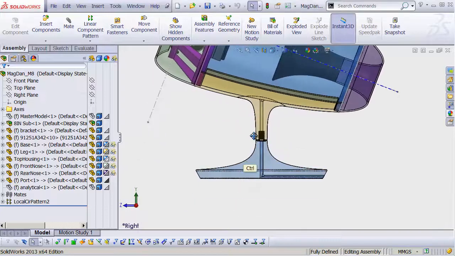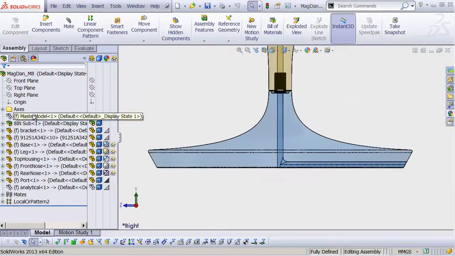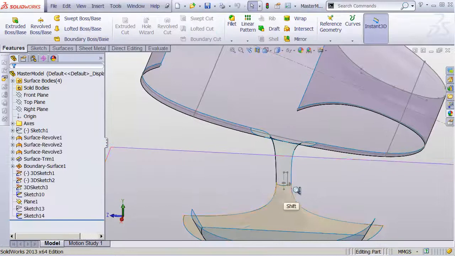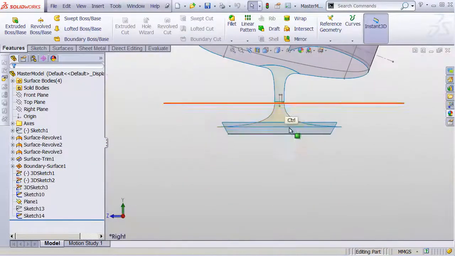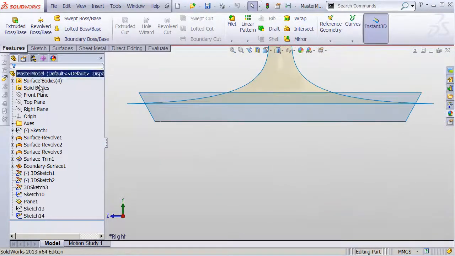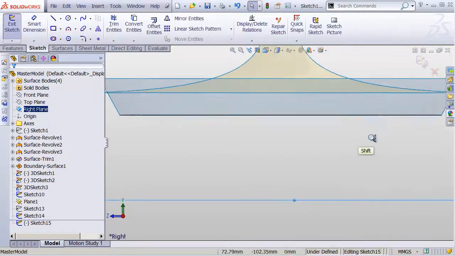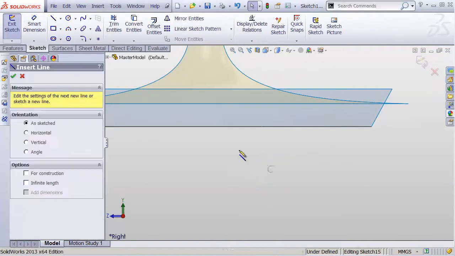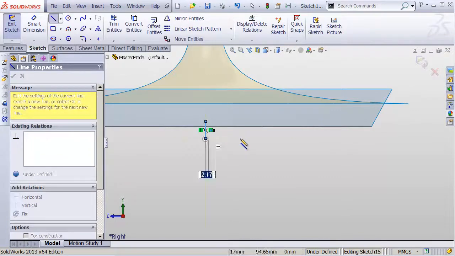Adding a foot to this base is going to be super duper simple. Let's just open up our master model and head to the side view here. I'll zoom in. We're going to create a sketch on the right plane that will represent our foot. And then I'm just going to draw a shape that resembles what I think I want this foot to look